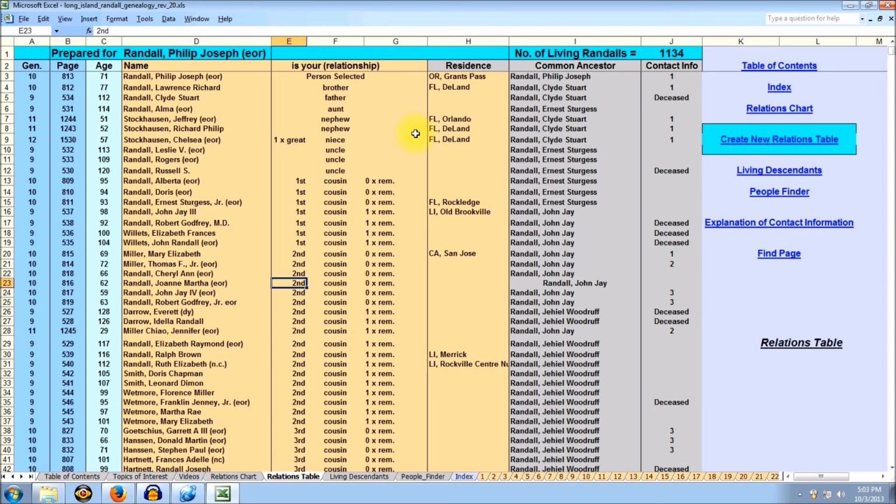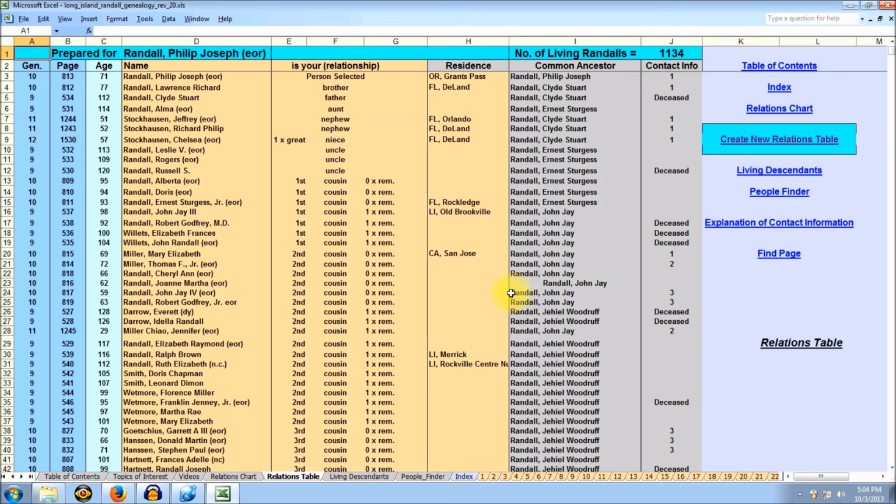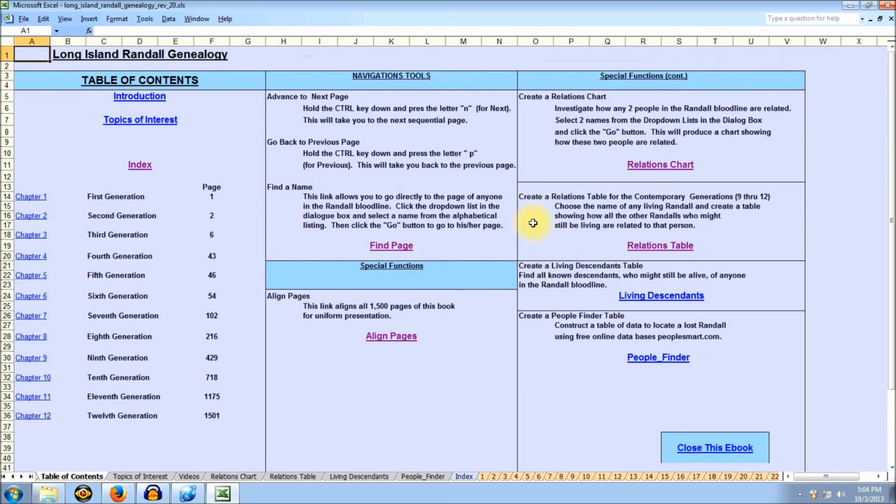In order to create the table, you click the Create link and enter the name of the person. So I can enter any name. And then I hit the Go button to create the new table. I'm not going to do that because it takes about 4 minutes to create the new table. Let's go back to the table of contents and take a look at the next special function, which is called